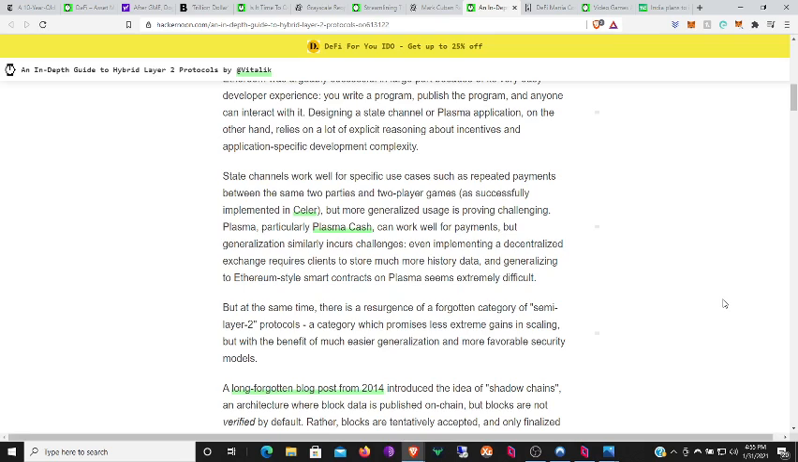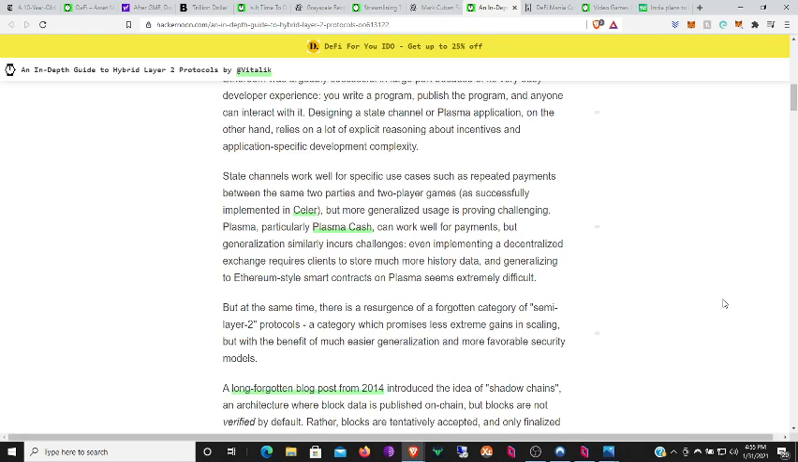State channels work well for specific use cases, such as repeated payments between the same two parties and two-player games, as successfully implemented in Stellar. But more generalized usage is proving challenging. Plasma, particularly Plasma Cash, can work well for payments, but generalization similarly incurs challenges. Even implementing a decentralized exchange requires clients to store much more history data, and generalizing to Ethereum-style smart contracts on